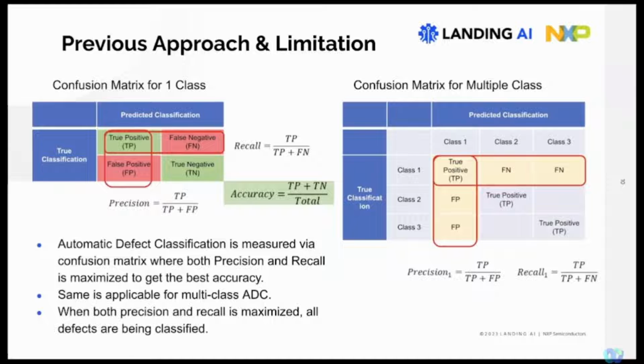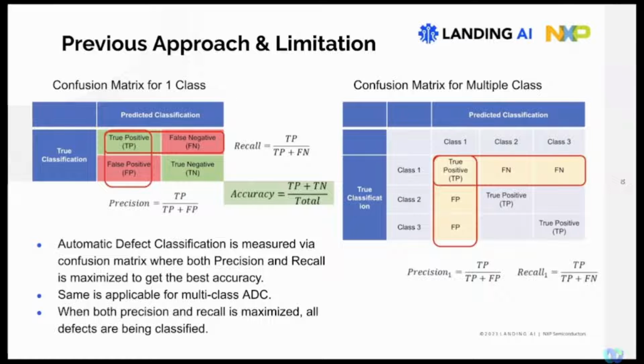To look at this classification, previously we, of course, if you're not using the manual classification and you want to use an automated version of it, you usually look at a confusion matrix. What we call the confusion matrix is you basically tabulate what is predicted versus what is a true classification in terms of the ground truth, and you try to align true positives and true negatives as if the ADC is classifying